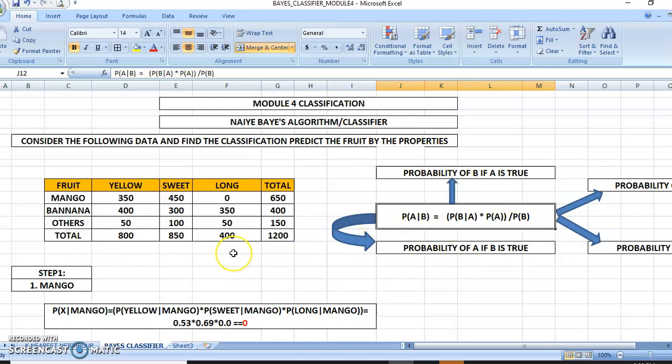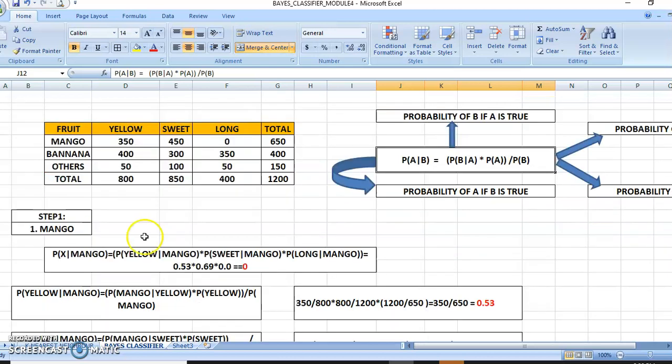What is your very first step in this? Always keep in mind that you have properties with you and different fruits with you. Based on those properties, or attributes, you see whether that fruit matches those properties. Based on that, you say that this fruit matches these properties, so that's why it is called mango, or banana, or others. This is how we will be doing it.